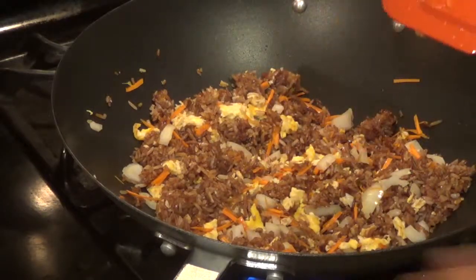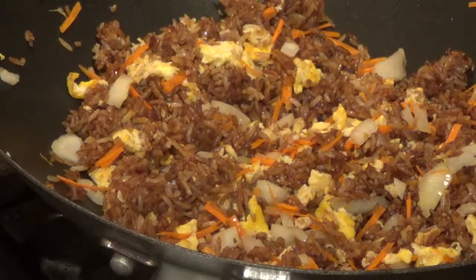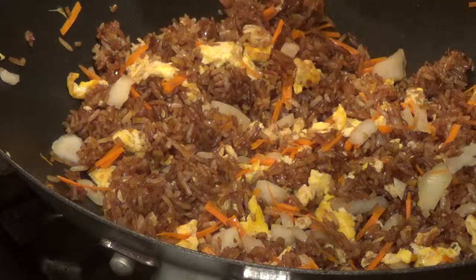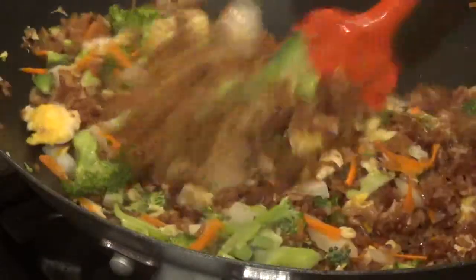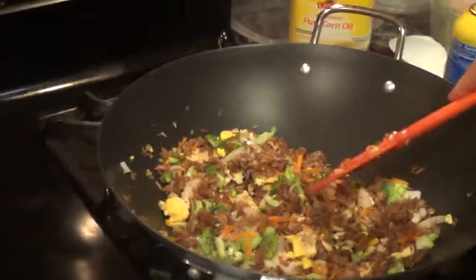See how beautiful that looks already? I'm going to zoom in more. Look how colorful that fried rice looks already. And now, here's my broccoli. I'm going to stir that in. Now that I had stirred that in,